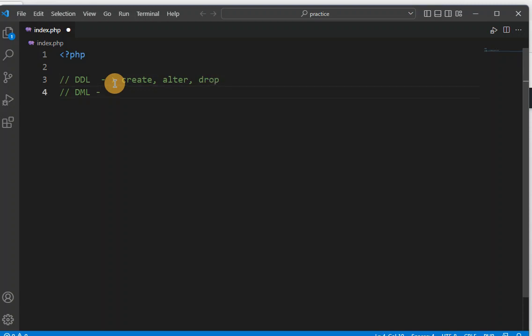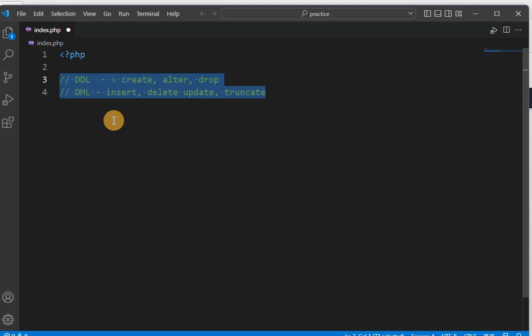In the case of DML, we manipulate the data with the help of some queries. The commands available are insert and delete, and in the same way update is also there. If you want to delete all the data from the table, you can use truncate. These are the basic and regular commands we use in SQL queries in MySQL and in SQL as well. Today we are going to discuss all this with the help of PHP,